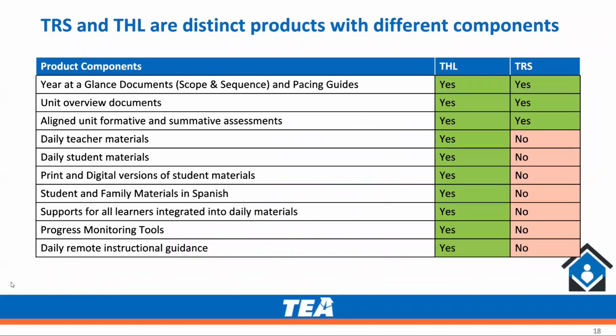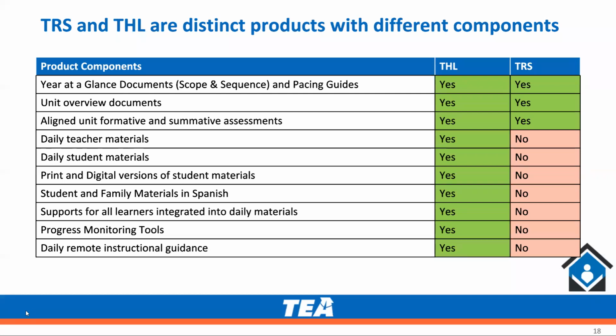One other thing we want to highlight is that THL and TRS are still two distinct products. The THL product includes a number of additional things like daily teacher materials, which are lesson plans, as well as student materials that go with the teacher lesson plans, the print and digital versions, the family materials, the supports for all learners, the progress monitoring tools, and the remote instruction guides. Those go in combination with the year at a glance documents and the unit overview documents that are designed as part of the